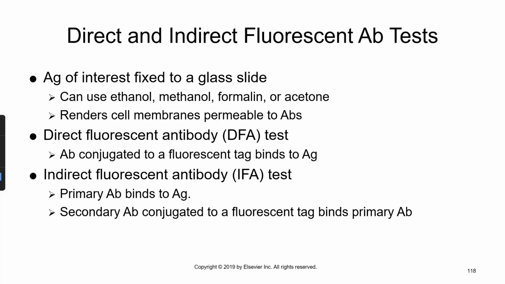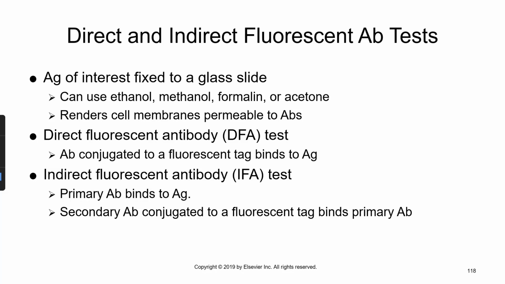So the antigen of interest is fixed to a glass slide. Antigen of interest would be from the patient specimen. We can use ethanol, methanol, formalin, or acetone to fix the patient specimen to the slide. And then antibodies that are conjugated to a fluorescent tag are going to bind to the antigen. So we use these manufactured antibodies that are linked to a fluorescent molecule. If the antigen was present in the patient specimen, those antibodies that we created will bind to that specimen and